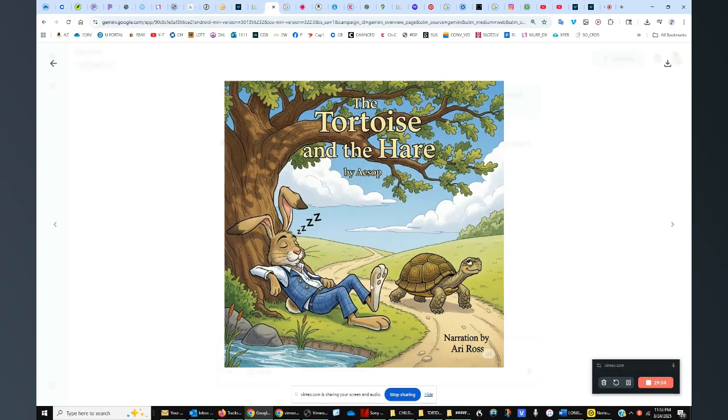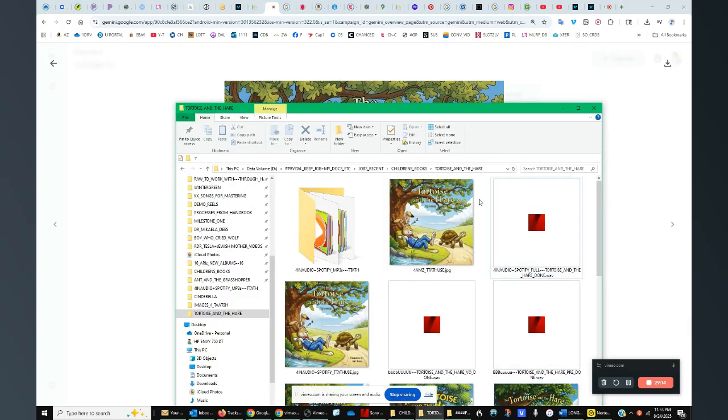Now, you'll see the tortoise looks a little smarmy here. He's supposed to be stoic and, not showing ill will to the rabbit, although it looks like he's being a little sarcastic there. So for the final cover, I erased that eye that looks like it's kind of looking at the tortoise, and you'll see, actually,